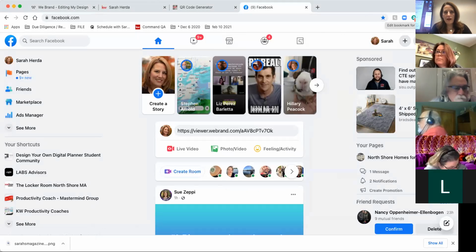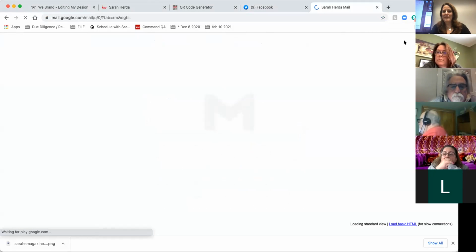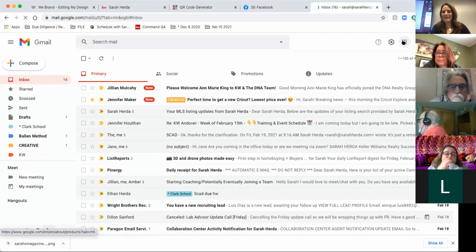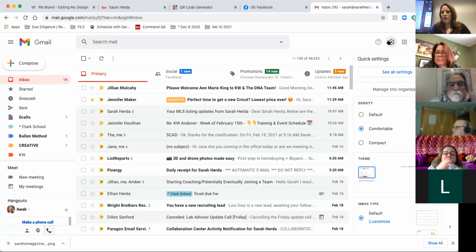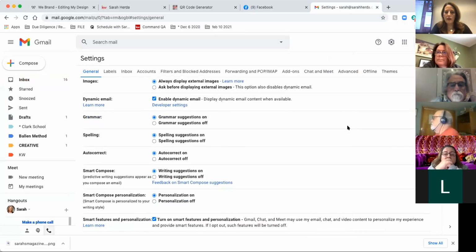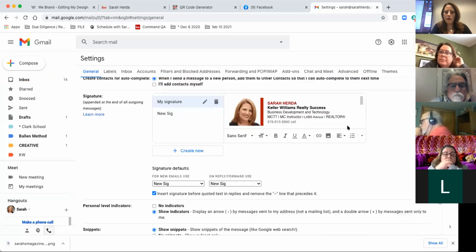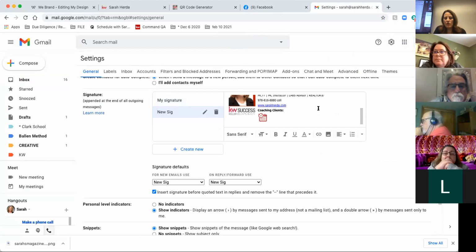So there's that. Another thing I could do is I could come in to my Gmail, and again, I'm going to open up my Gmail. I have no idea what emails I have in here, so. All right, I'm going to come right up to the top, and I am going to say, see all settings. When I scroll down here, it comes to your email signature. I'm going to click on the email signature that I currently use,